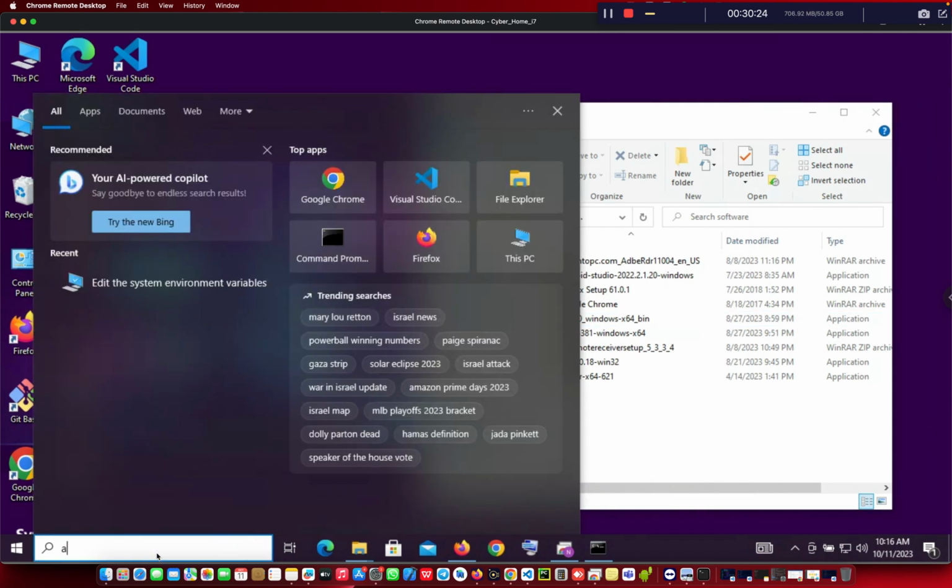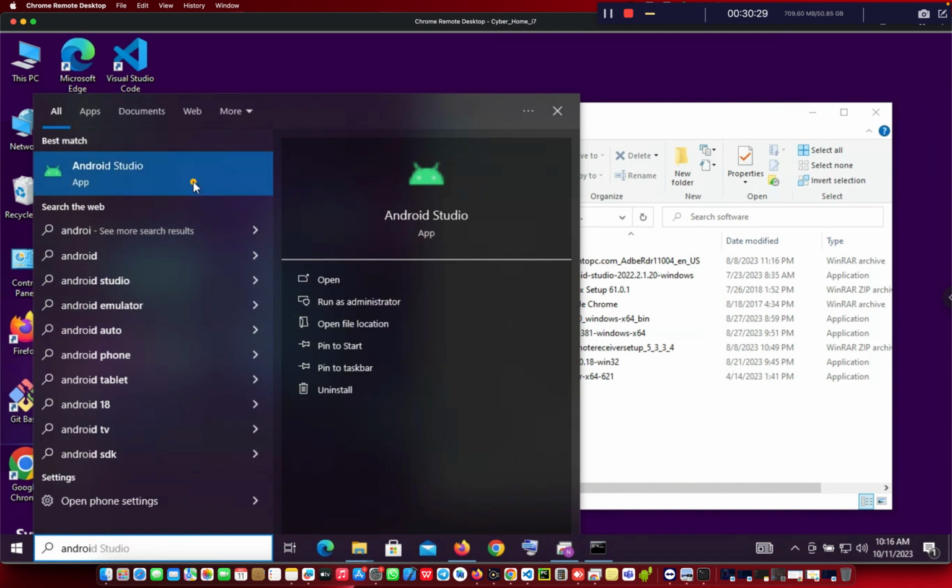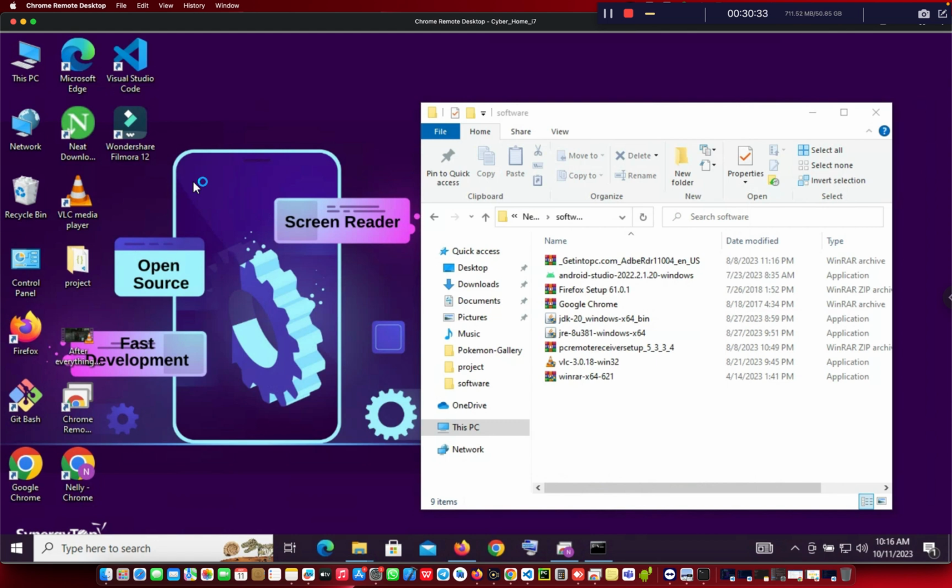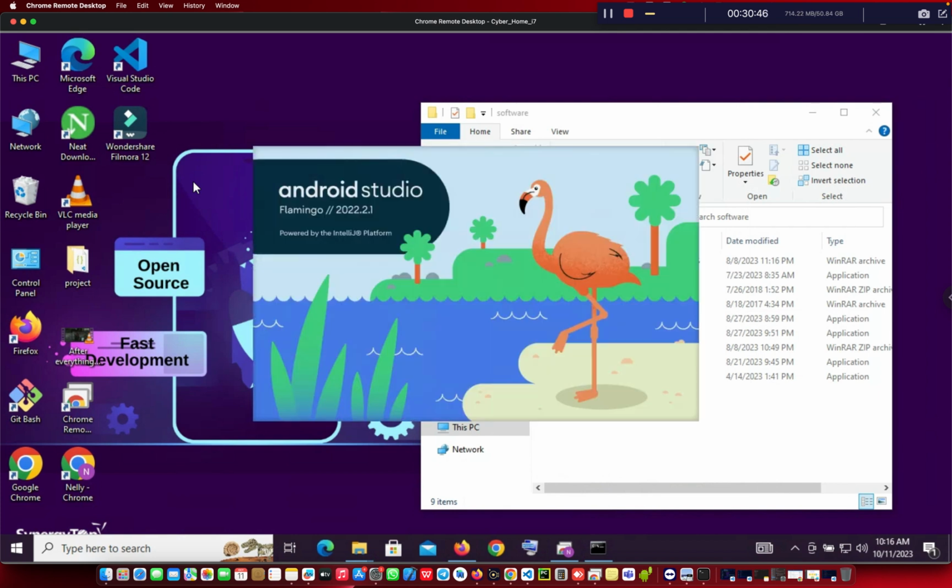Let's try to open Android Studio, because I already installed Android Studio, so I'll try to open it up here. So while it's opening up,